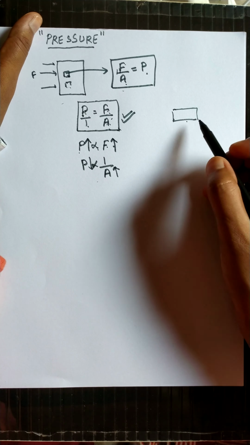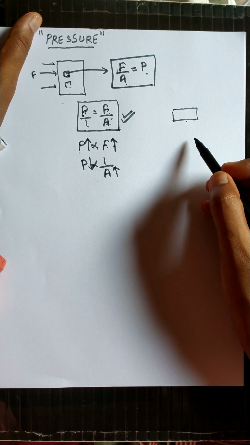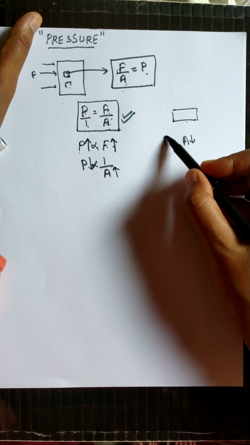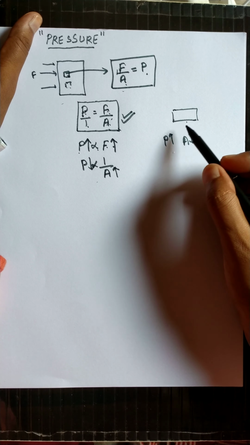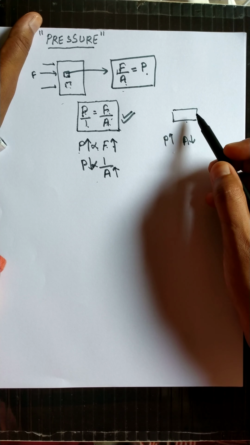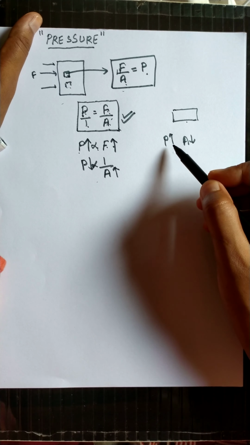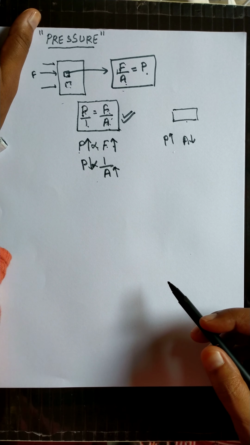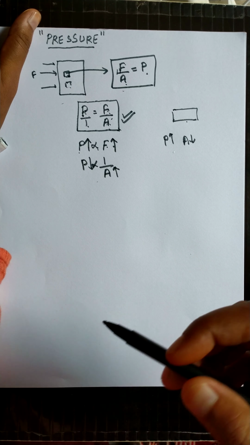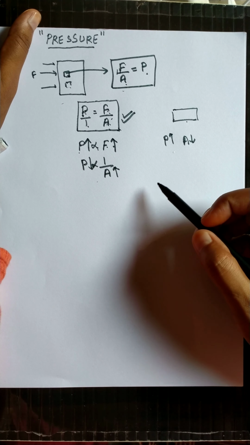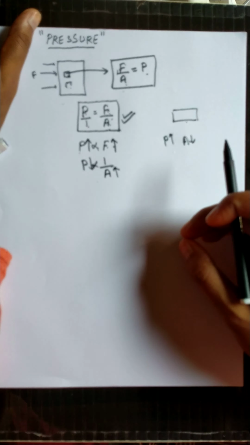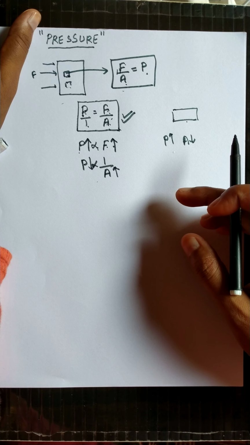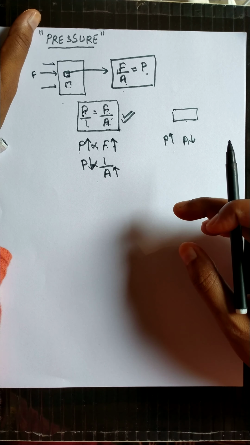Why is it so? Because due to the sharp end, there will be lesser area, and if the area is lesser, then more pressure can be applied, due to which the substance will be cut easily. So we can say that when force is applied on the blunt end of the knife, it gets spread over a large area and weakens, and that's why the eraser will not be cut easily by the blunt end.